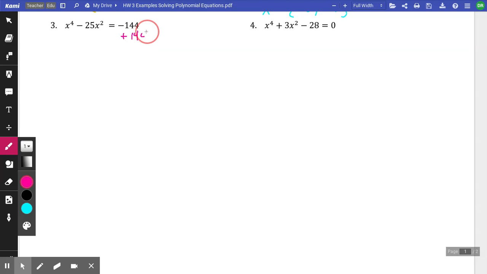So I need to add 144 to cancel. If I'm going to add 144 on that side, I'll add 144 on the other. And there's no like terms when I do that, so I'll write the 3 terms separately. And I get the trinomial x to the 4th minus 25x squared plus 144 equals 0, which is what we